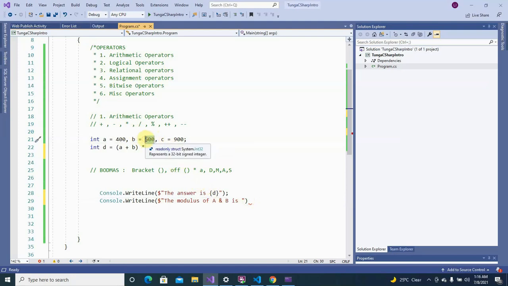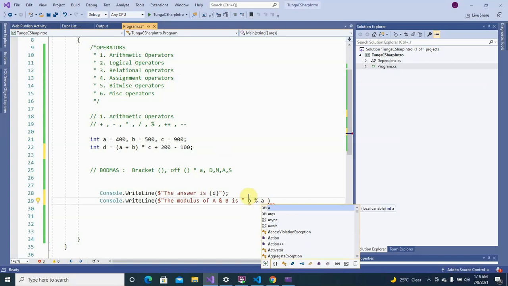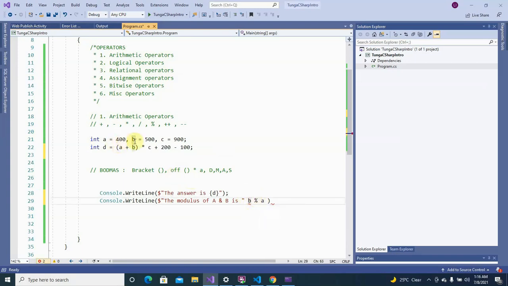So let's say B modulus A. I was using their value, so this is B, and this is A. B modulus A. I'm using literals, so it should be like this. Yeah, B modulus A. Then if you run it,